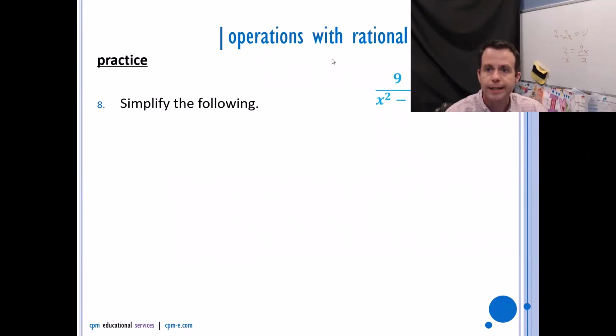Good. Okay, next guy, same setup. First thing I want to do is factor everything I see. So pause me and do that yourself. Okay, so I end up with the bottom left there is x plus 3, x minus 3. On the top right, I have an x that I can take out, so that'll be x times 4x plus 1. And then on the bottom right, didn't know my left and right there for a sec, sorry,